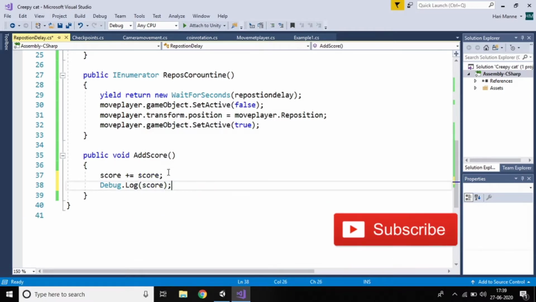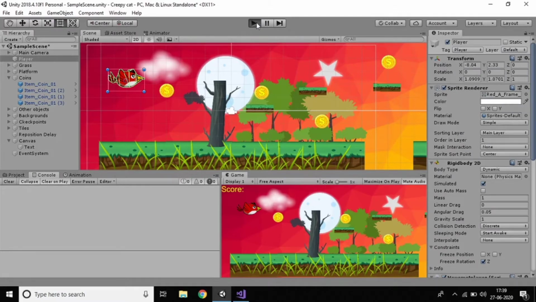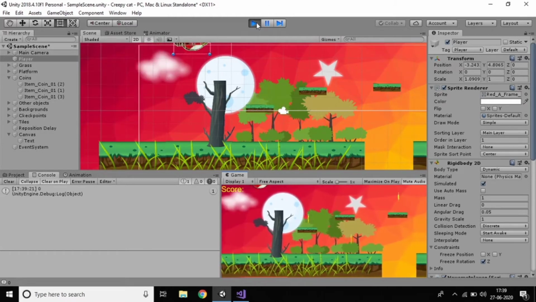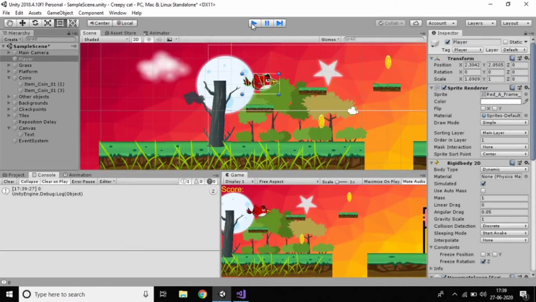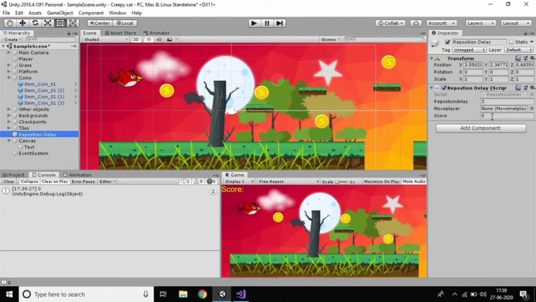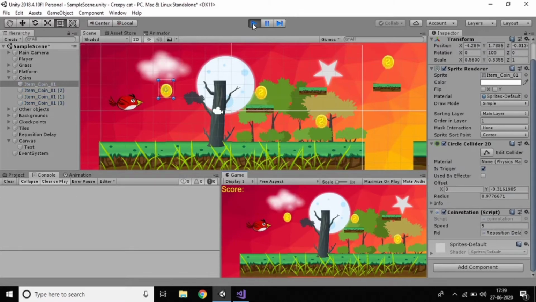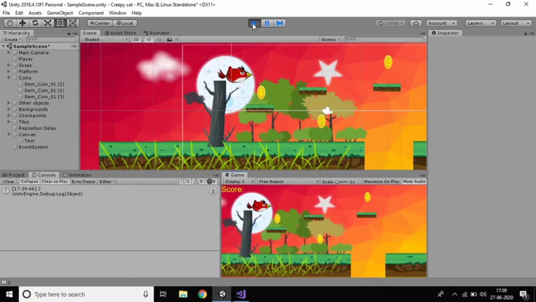So just Control X and paste it. Just Control S, and we can check here whether the coins are increasing or not. We didn't add it into the text yet, just try this one. Yes, of course, because the coin value is starting from 0. So yes, we are getting 0, right? So just go to respawn delay and give the score starting from 1, and so just play this one, and now visit. Yes, of course, because we already gave 1, it's increasing by 2.